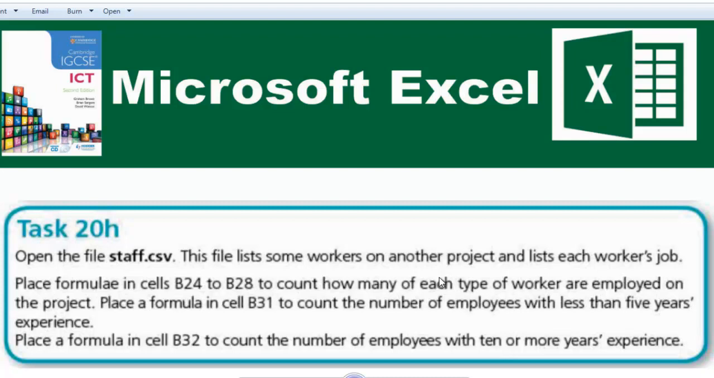In this video we're going to be looking at task 20H. The question says open the file staff.csv. This file lists some workers on another project and lists each worker's job. Place formulae in cells B24 to B28 to count how many of each type of worker are employed on